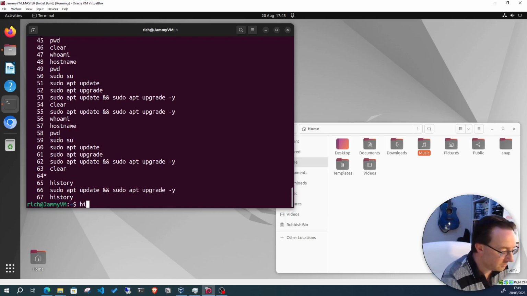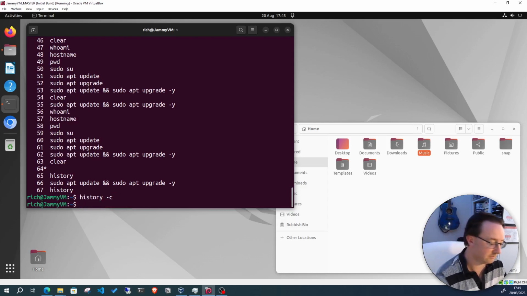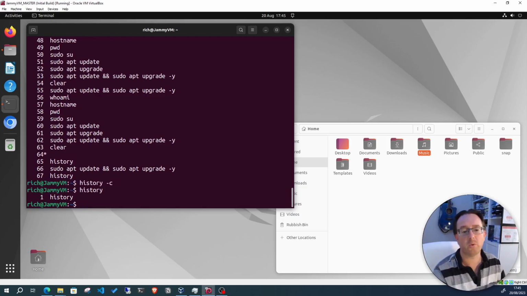So you can do history -c, which will clear the history. Do history again, and now we've only got one command, which is the command we've just run, which was history. Bear in mind, this doesn't delete the history. It just clears it in your terminal window. The history is stored in a specific file, and if you want to fully delete the history so that nobody could ever see it,